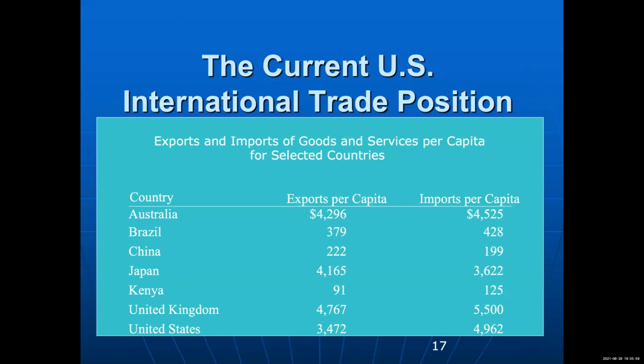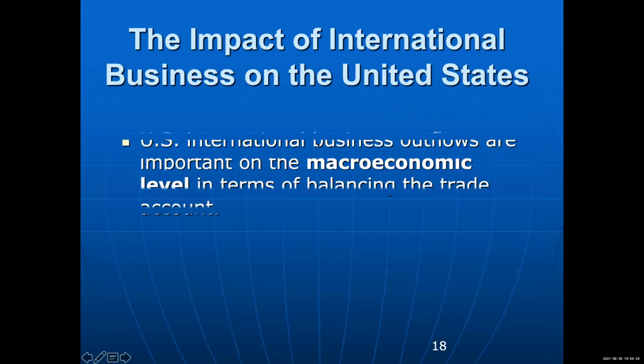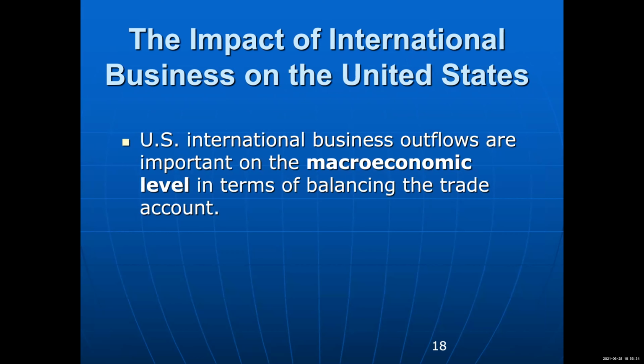The current US international trade position, you don't necessarily need to know it. We can get a more recent map to show the trade positions of countries, and more than likely it's going to be the US and China. Even though China is considered a developing country, China is very much a developed country. I've always said that the definition of China as a developing country is very political, but trust me, they are very advanced in international trade. The impact of international business on the United States, I don't know that we need to know it. You just need to look at the impact of international businesses on